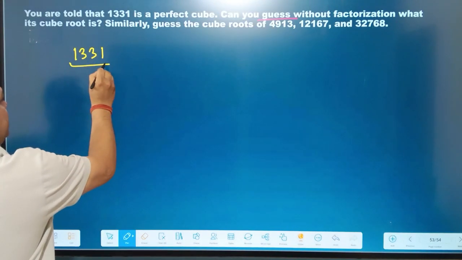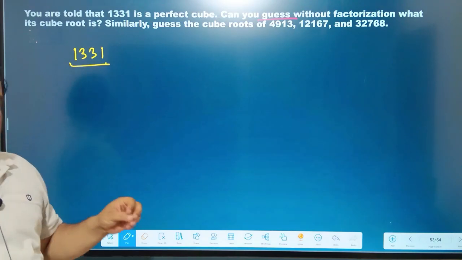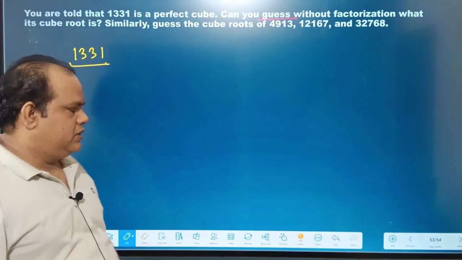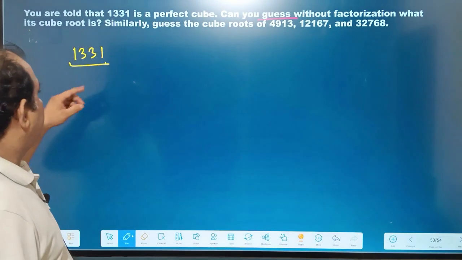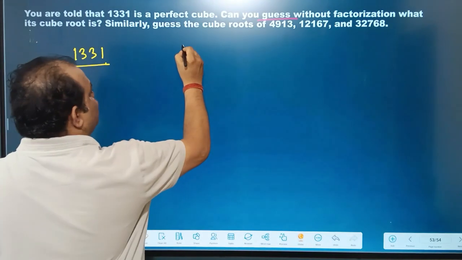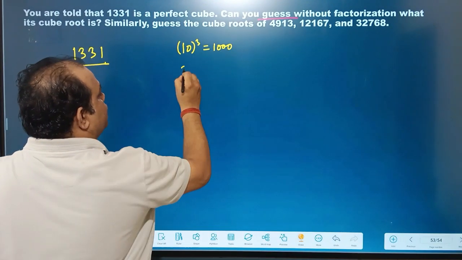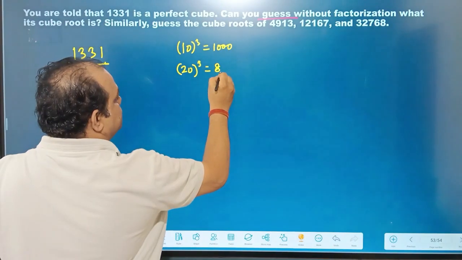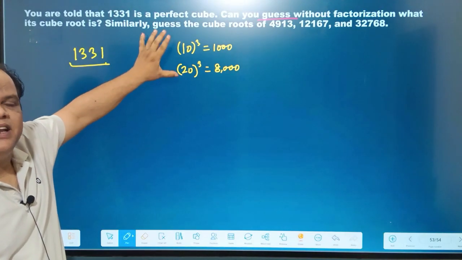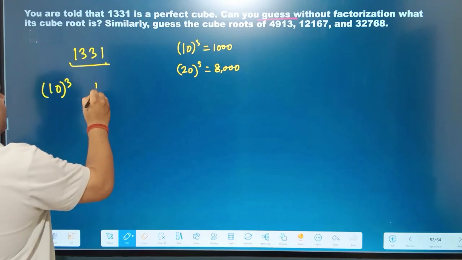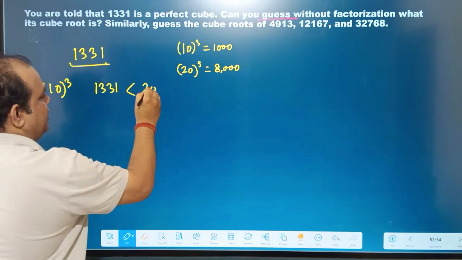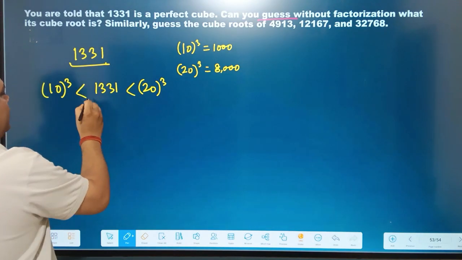1331, राइट, ये नंबर है हमारे पास। ये कह रहे हैं कि आपको फैक्टराइजेशन नहीं करना, आप गैस करके बताओ, तो ठीक है। तो गैस करने से पहले हमेशा जो जीरोस वाले स्क्वायर्स या क्यूब्स जो होते हैं ना वो याद होने चाहिए। आपको इतना तो पता है कि ये 10 का क्यूब कितना होता है 1000 और 20 का क्यूब कितना होता है 8000। सो दिस नंबर इज फॉर श्योर इन बिटवीन 10 का क्यूब एंड 20 का क्यूब। इसका मतलब ये 10 के क्यूब और 1331 जो है 20 के क्यूब के अंदर ही होगा।